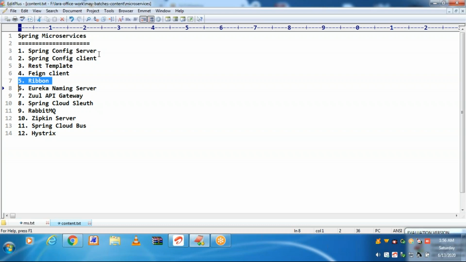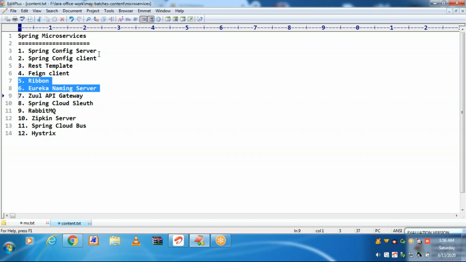Dynamically at any time, increasing the instances, decreasing the instances, is not possible without restarting. While using just Ribbon, increasing or decreasing the instances for load balancing purpose cannot happen without restarting. Instead of using just Ribbon, use Ribbon along with a naming server, Eureka naming server.